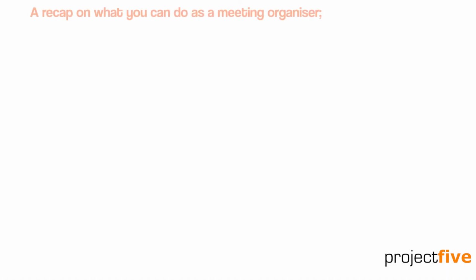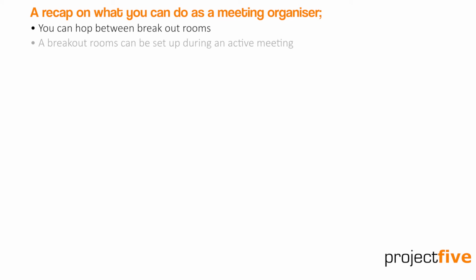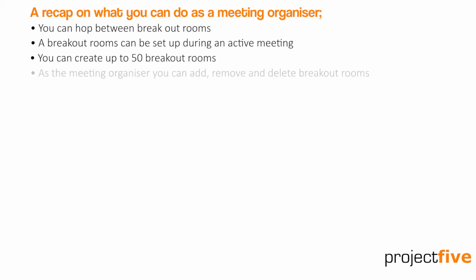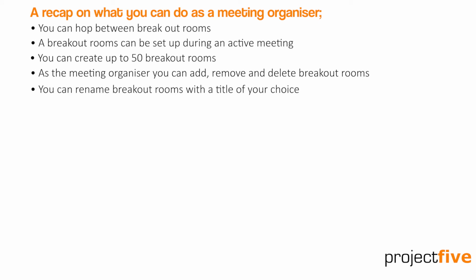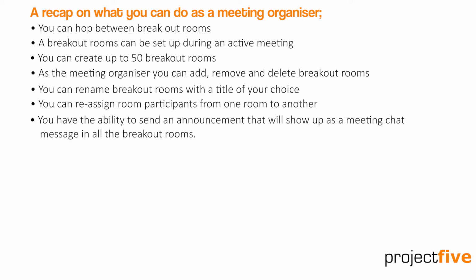So here's a recap on what you can do as the meeting organiser. You can manage rooms and hop between rooms freely. A breakout room can be set up during an active meeting. You can create up to 50 breakout rooms. As a meeting organiser, you can also add, remove, and delete breakout rooms. You can rename the breakout rooms with a title of your choice. You can reassign room participants from one room to another. And you have the ability to send an announcement that will show up as a meeting chat message in all